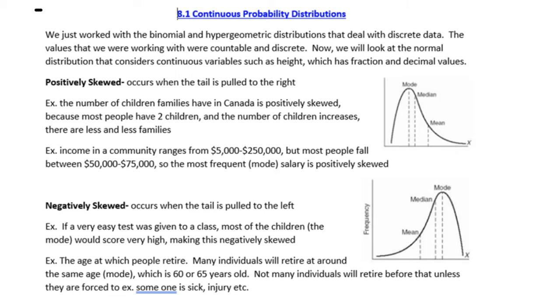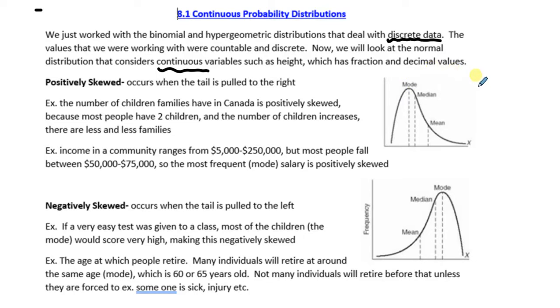Continuous probability distributions. So we just worked with the binomial and hypergeometric distributions. We also took a look at uniform distributions as well. And those ones deal with discrete data. So just to underline discrete data, the values that we're working with were countable and discrete. Now, we will look at the normal distribution that considers continuous variables, okay, such as height, which has fraction and